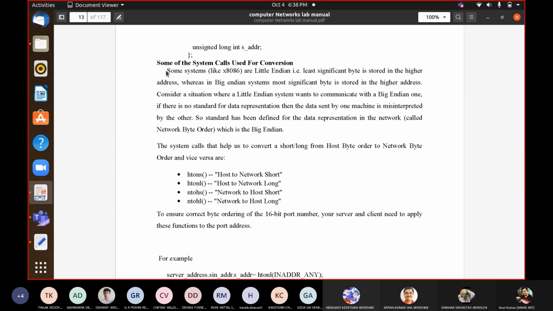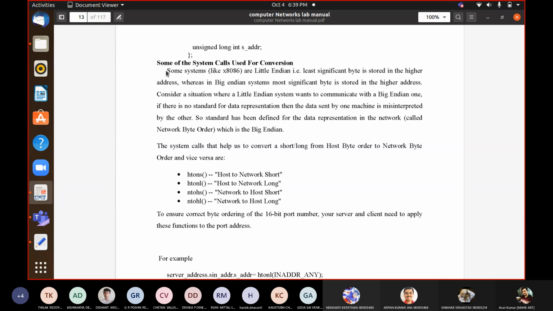Whereas if someone is using a little endian machine and wants to communicate with anyone, because they are not aware whether the other party is using big endian or little endian, it is always advised to convert whatever they want to convey into big endian first and then send it across the network.